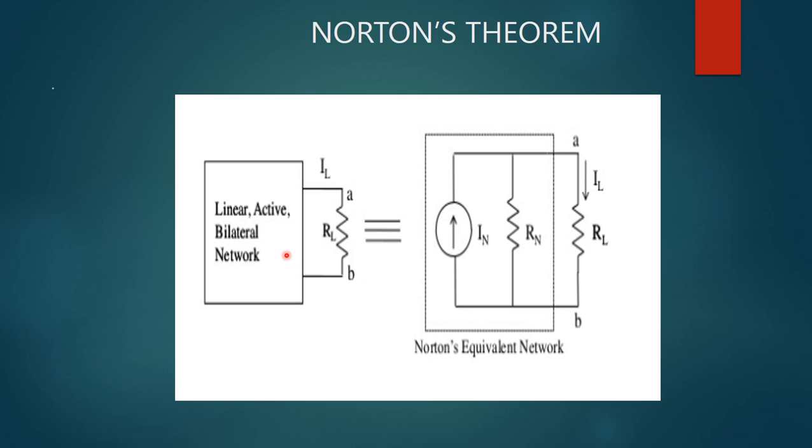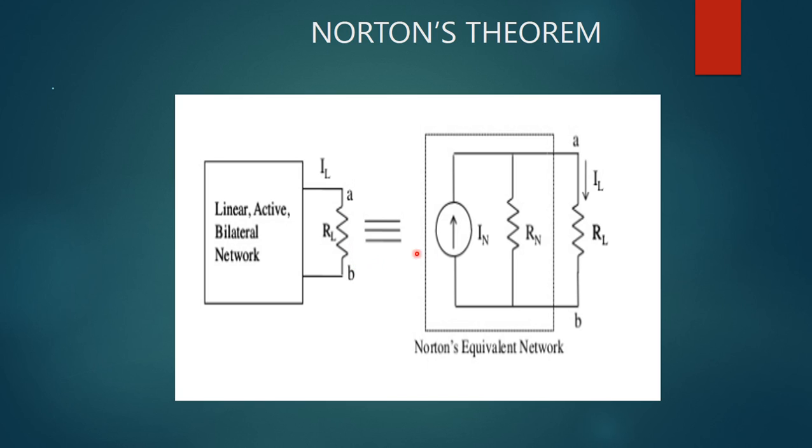According to Norton's theorem, this circuit can be replaced by its equivalent circuit consisting of a current source IN in parallel with a resistance RN, where IN is the short circuit current across the point where load resistance RL is connected,